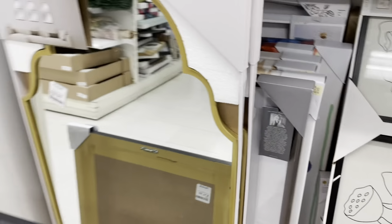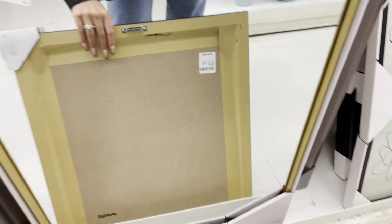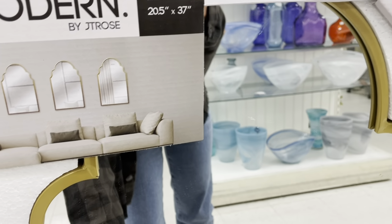Look what I found. This cute mirror. It's almost like a dupe. $39.99. Just the measurements right